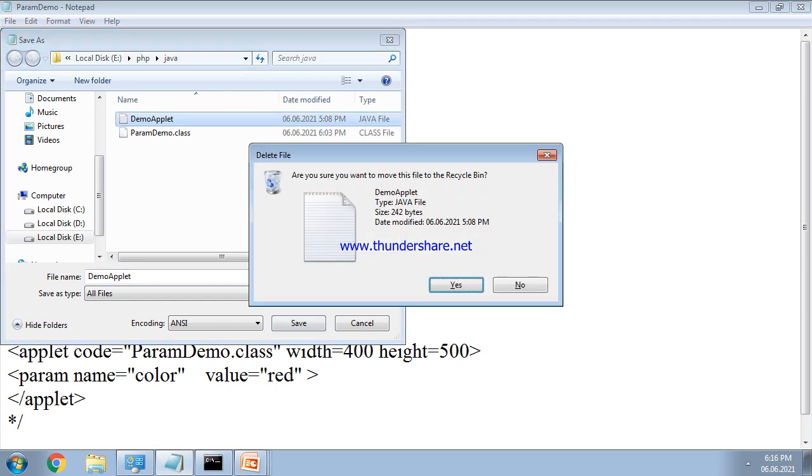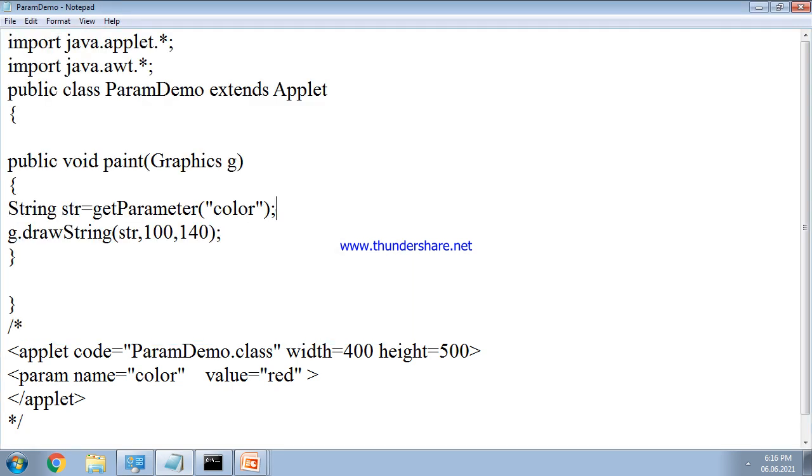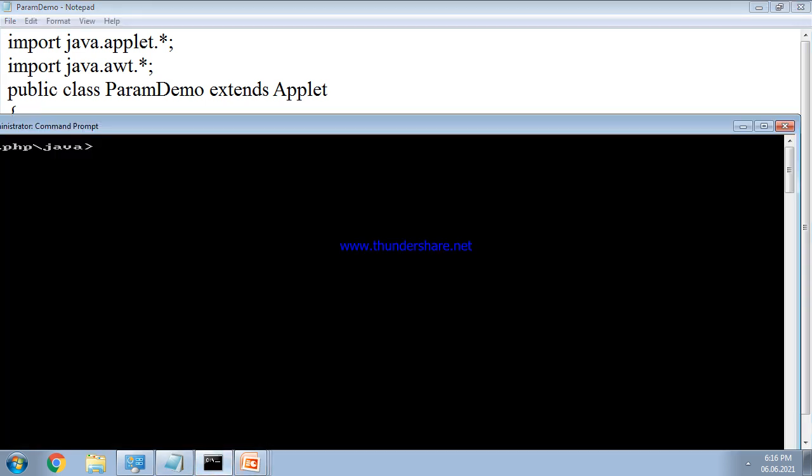Why? Because for execution, let us see again. Now I am saving this program as paramdemo.java, with the extension .java. Now we have to compile the program.